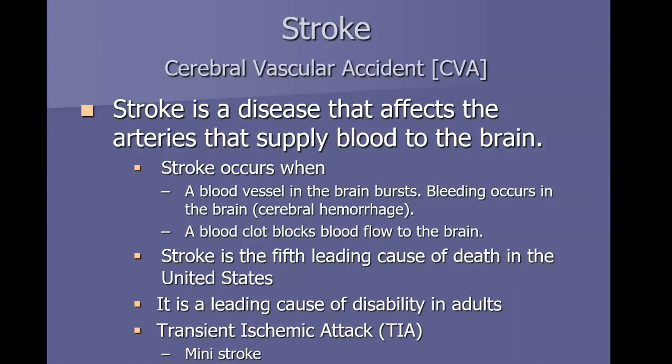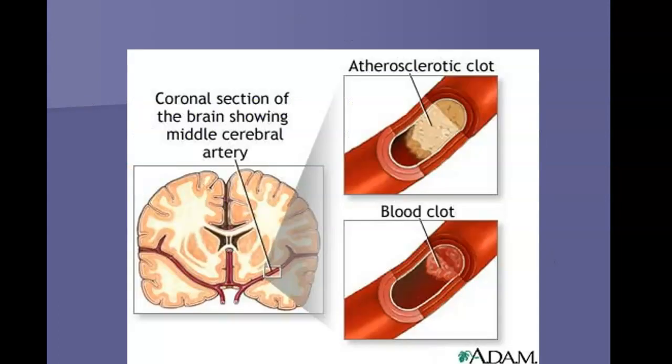And then another term that I want you to know is a transient ischemic attack, or a TIA. Some people will refer to it as a mini stroke, but this is when the person has all the symptoms of a stroke and then it goes away on its own. Transient, meaning it came and it went. So they have these warning signs of a stroke and it only lasts for maybe 5 or 10 minutes and it goes away on its own and they think, oh, well, that was weird, but I guess I'm okay. And they don't pursue it and they don't go get help. A TIA is a warning sign usually that a person is going to be predisposed to a larger stroke. So it's definitely something that you don't want to ignore and the person should get help for.